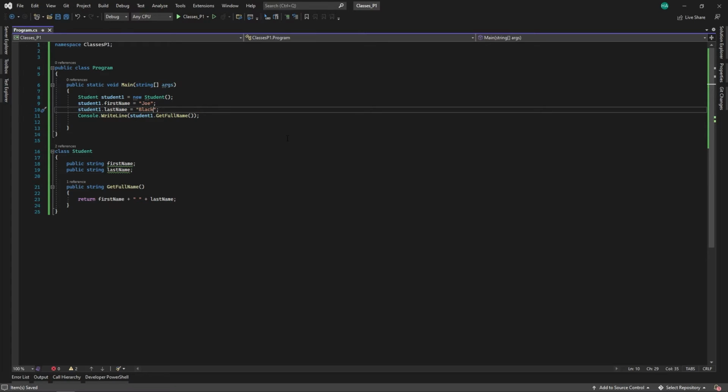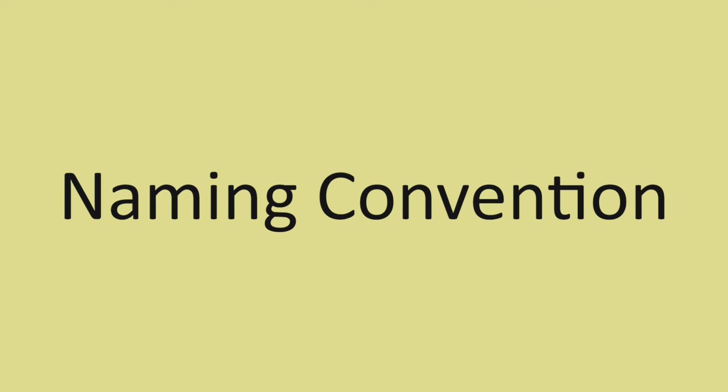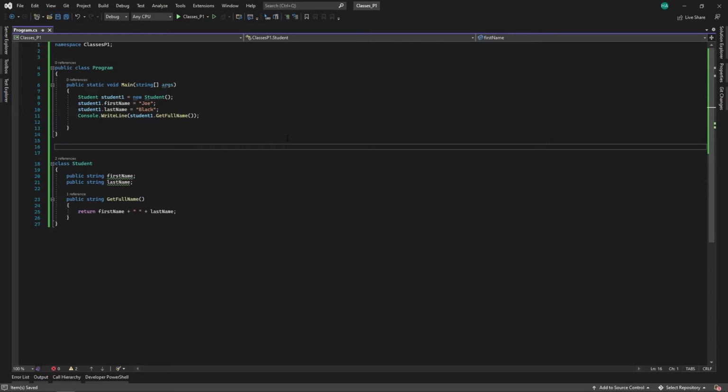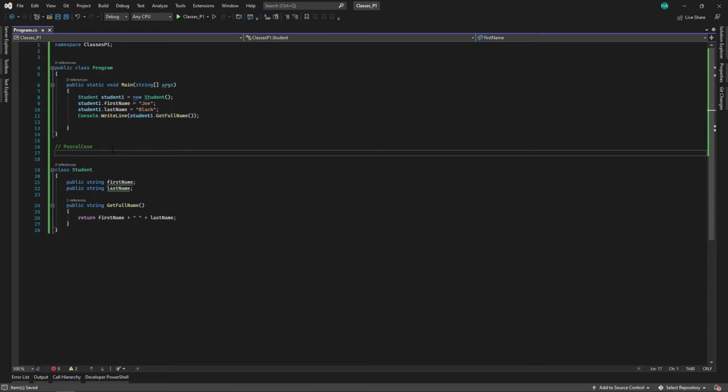One important concept that we have in C# is naming convention. We have many naming conventions in programming languages. One of them is Pascal case. In this naming convention, the first character of every word must be uppercase and the others shall be lowercase. The other naming convention is